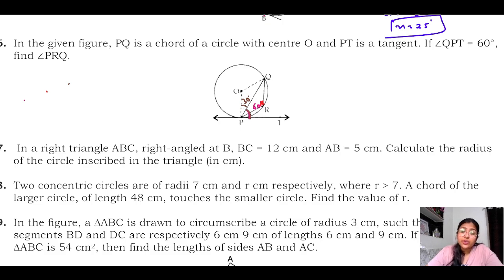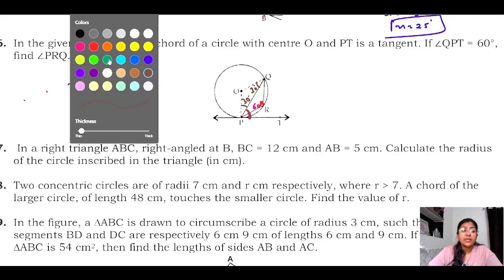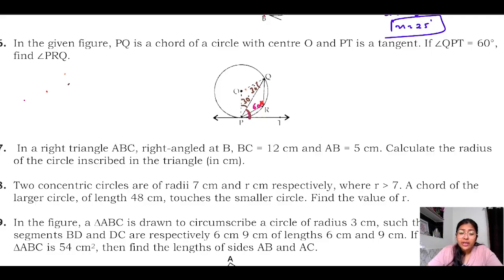Okay. Now focus on the triangle OPQ. It is an isosceles triangle. Yes, very good. So this angle is also 30 degrees by the isosceles triangle property. It means we can apply the angle sum property in this triangle. If you apply the angle sum property, angle POQ will be how much? 120 degrees by the angle sum property of the triangle. This is clear to you, learners?